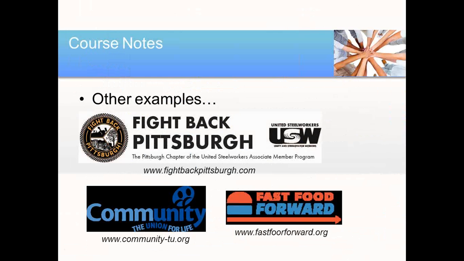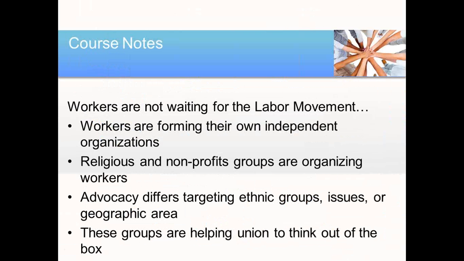And then the notes for next week I'll go over now, just because this is our last webinar, so I'll go into that. It dovetails this, but it's basically workers and their other advocates aren't willing to wait for the labor movement to sort of reinvent itself and figure out how it's going to organize workers, that they've been moving with and without unions. Some have been partnering with unions and these different ideas, and some, whether intentionally or not, have just gone on their own. And there, in some cases, workers are forming their own independent organizations, and they're outside of the traditional sort of House of Labor, the AFL, or